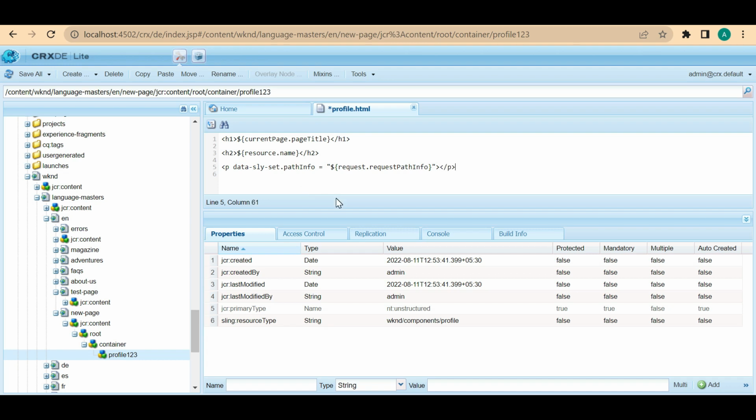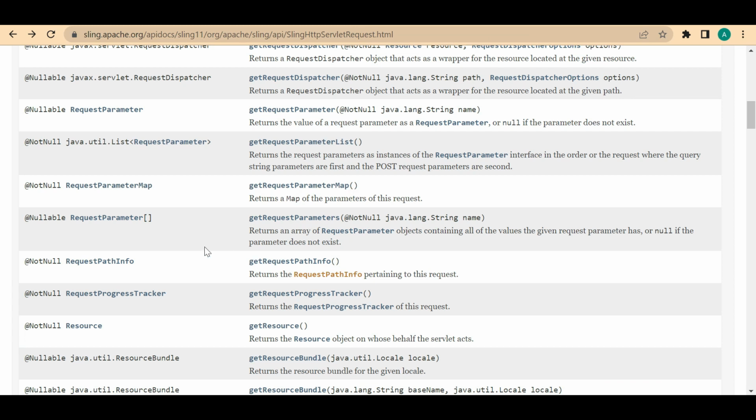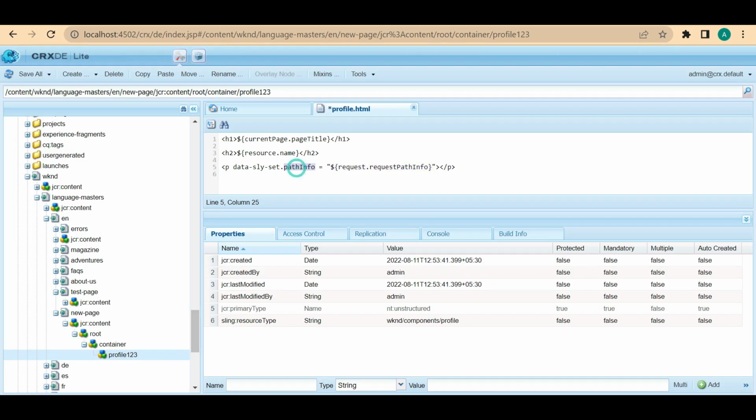So here what I am doing is I am calling this method, request path info, which is part of the request class. Then it returns the request path info object, right? That object I am putting into this variable. That is what I am doing here. So then what I will do is,